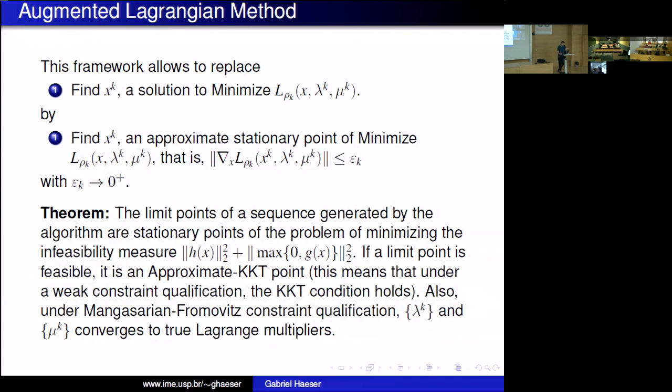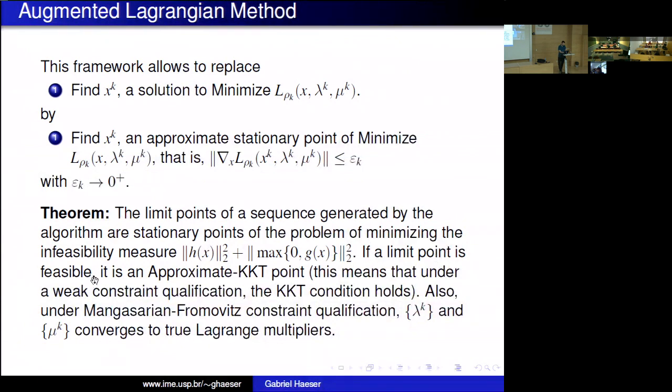And this is the theorem that we are able to prove. The limit points of a sequence generated by this algorithm will be a stationary point for the problem of minimizing the infeasibility measure. Okay, so you don't get a feasible point, of course, and you don't get a global minimizer of the infeasibility measure. You get a stationary point for this problem of minimizing infeasibility. And now, even if a feasible point exists, I talked about this yesterday, I won't be able to find this feasible point. Okay,